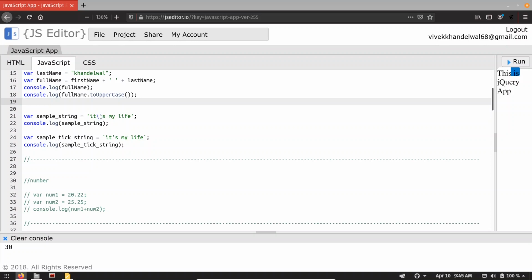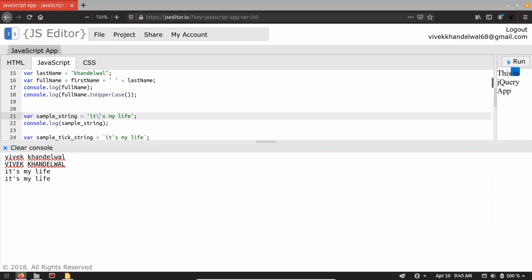You can see if I remove the backslash, it will start throwing an error. So I have to escape it. In the same way, if we don't want to use a backslash, we can use a backtick. Backtick is nothing but the key given below your escape key on your keyboard. So let me run this code.